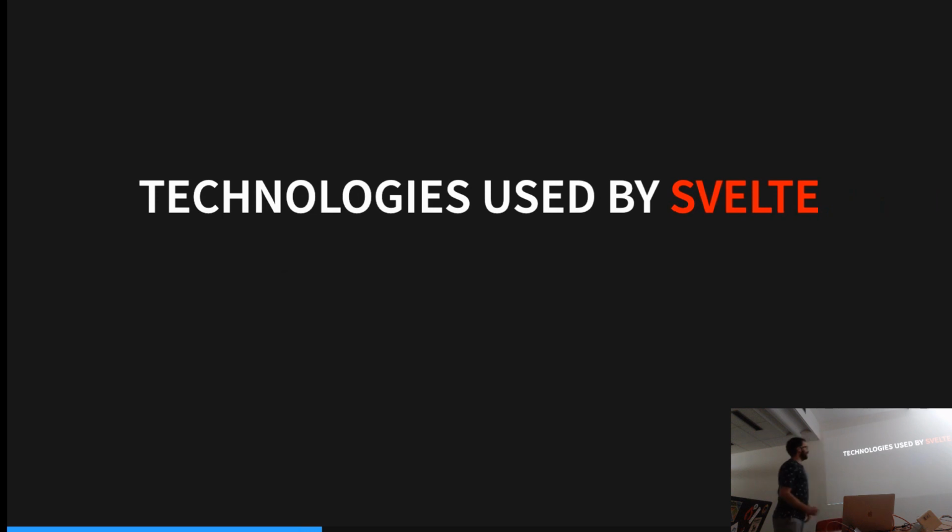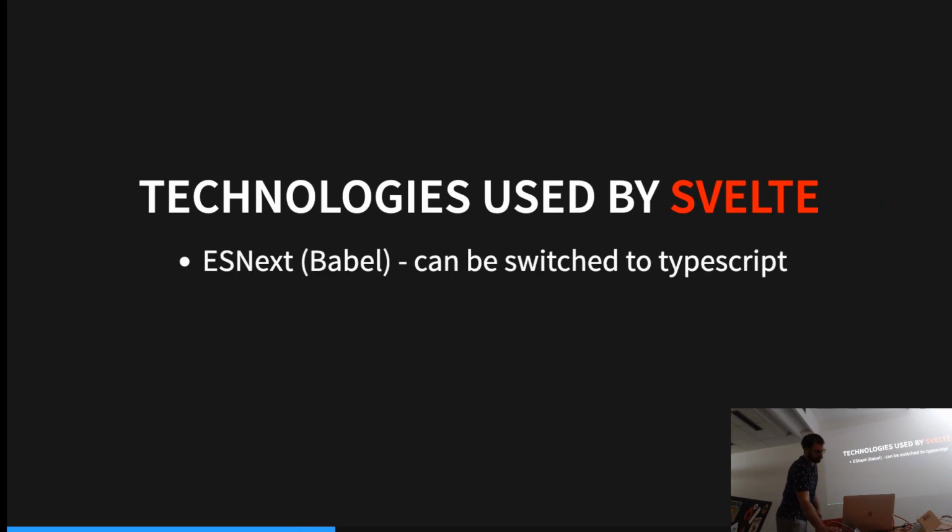So what's under the hood? We have technologies we already know. We have Babel or ECMAScript Next. Unfortunately, in the base setup, there is no TypeScript support. It can be switched on, but it's not optimal because it has issues with linting, as the syntax of what we write in the framework, as it is compiled, sometimes comes with additional sugar syntax which doesn't exist in normal JavaScript. So then the linter, or actually it exists, but it does something different than it should normally do. With JavaScript, it works quite fine with linters. With TypeScript, it can be quite a challenge to get it running properly, so it's not the default.